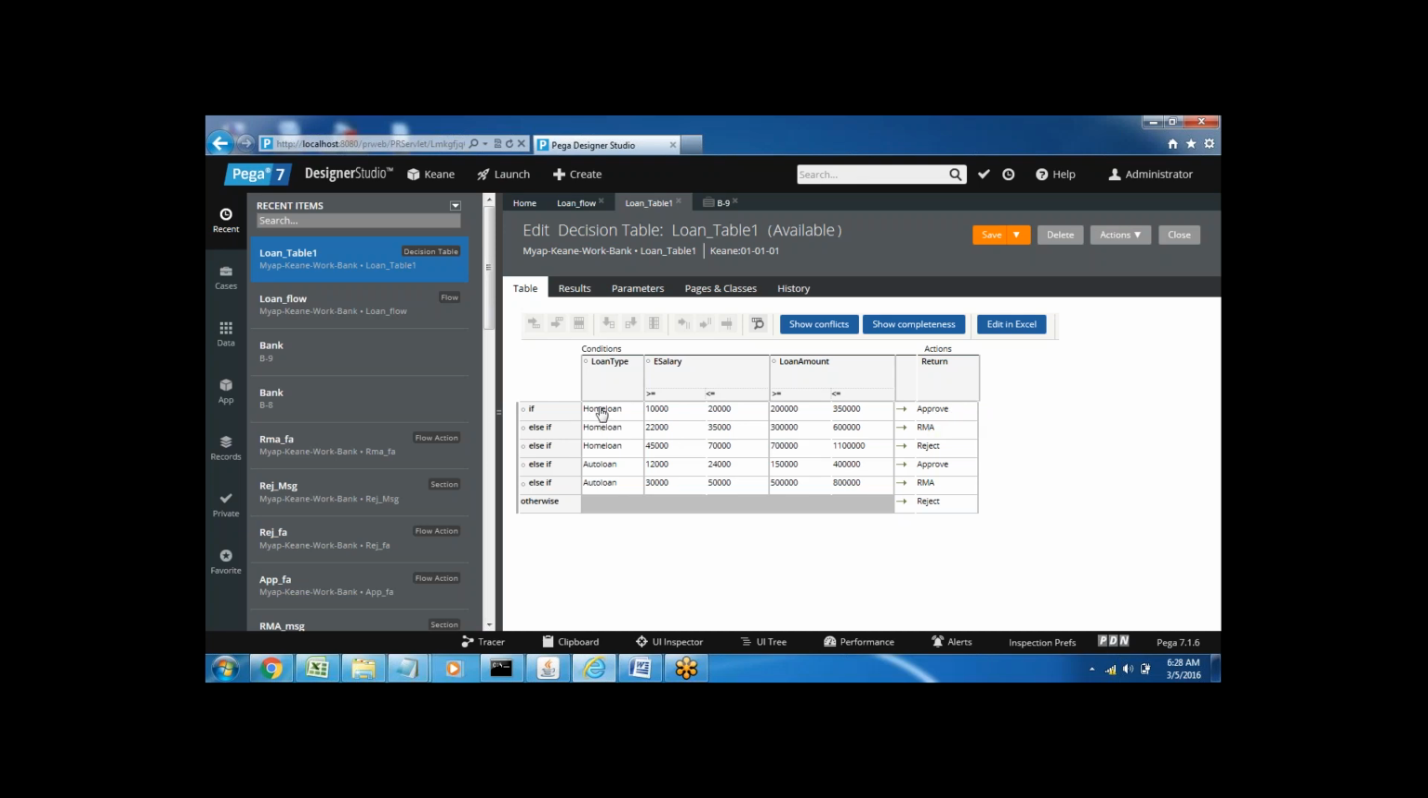For example, if the first condition itself is true, then it will not execute the second condition. If the first condition itself is satisfied, it will not execute the remaining conditions here. It will stop executing here itself, return the result and stop the execution. And if none of the conditions are satisfied, then whatever result we have in the otherwise, it will execute that one. Suppose I give any